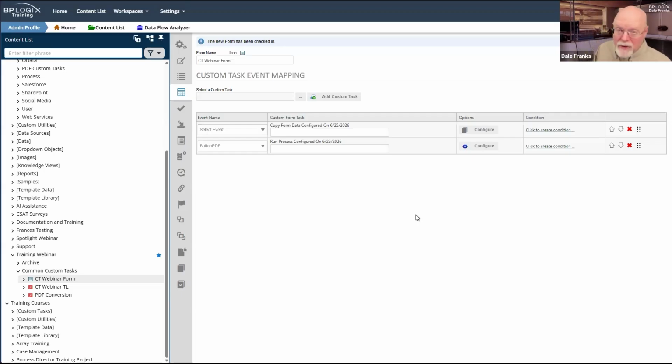So the second thing you have to think about is, all right, is this something I want the user to do directly or not? If you want the user to do something directly, like I want the user to manually convert the PDF, then you have to put it on the form, because the user has no access to the timeline, and the user can't make stuff happen on the timeline.